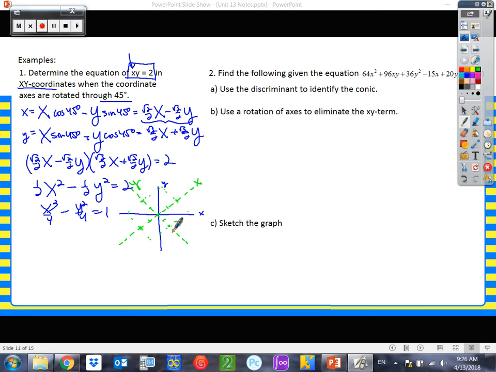And we know that the x is bigger, so it's going to go along the x-axis, so it's going to look like this. And that's my rotated conic. Now I want to show you something kind of interesting about this particular one. Now they're not all like this, but this particular one. If I go up here and I solve this for y,